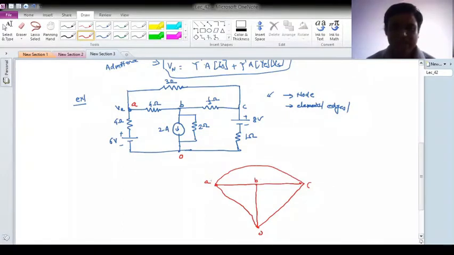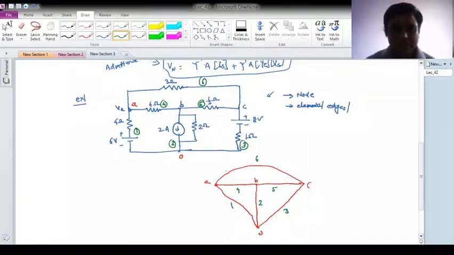Okay, and then what next? This is an undirected graph, but for our network application I don't want an undirected graph, I want the directed graph. So for that, let me give the numbers to each branch. So suppose this is my first branch, say second, then suppose this is third, say this is fourth, fifth and sixth. So correspondingly I'll give the numbers to this graph also: 1, this is second, third, fourth, fifth and sixth.